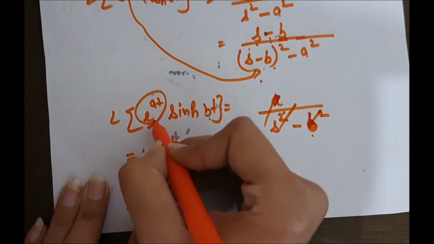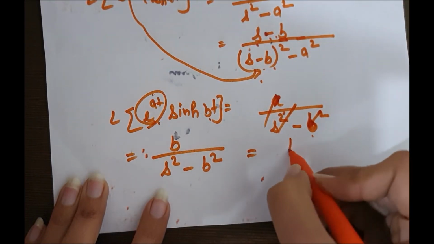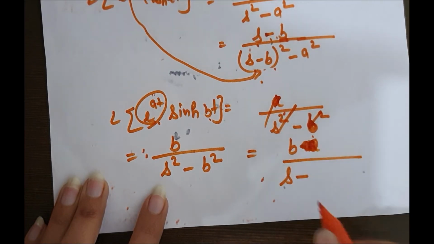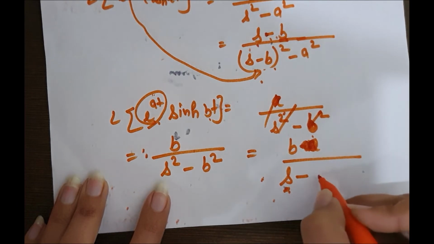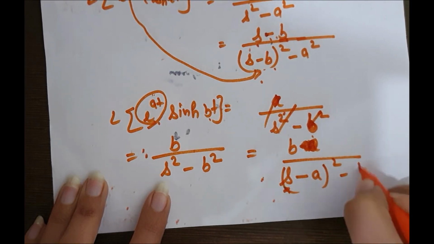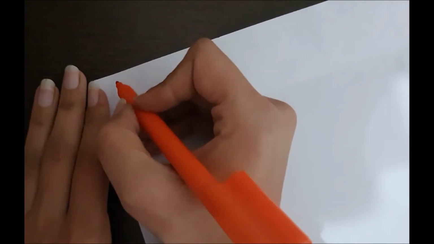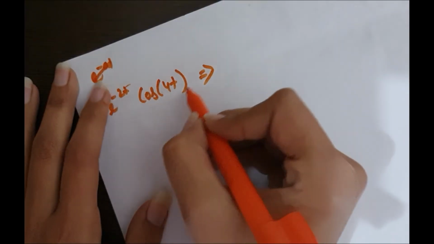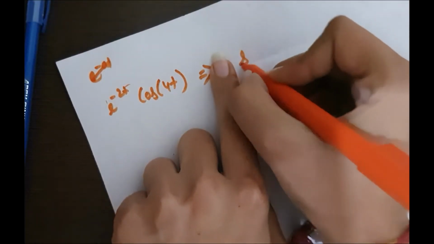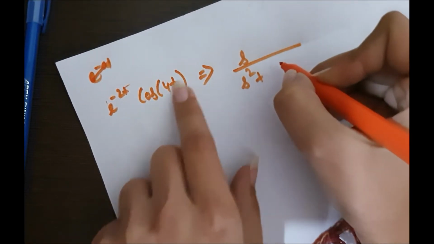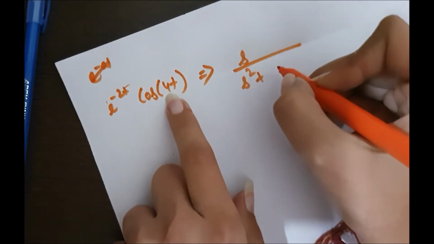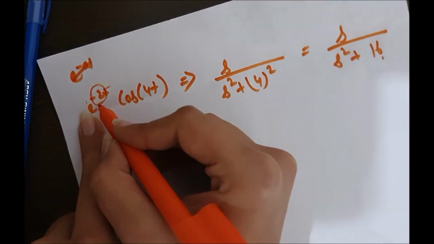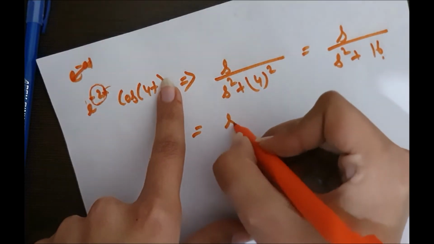Here due to this exponential we will have s minus a in place of s only, so b upon (s minus a) square minus b square. Now let's see one more example, exponential minus 2t cos 4t. Cos 4t is s upon s square plus a square. Here this is 4, so it will be 4 square, that is 16. Now due to this minus 2 we will have s plus 2